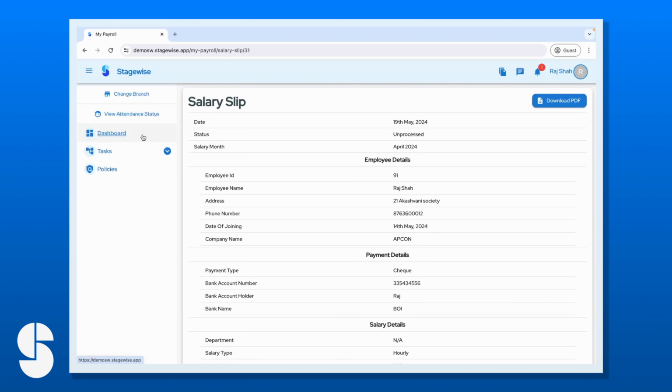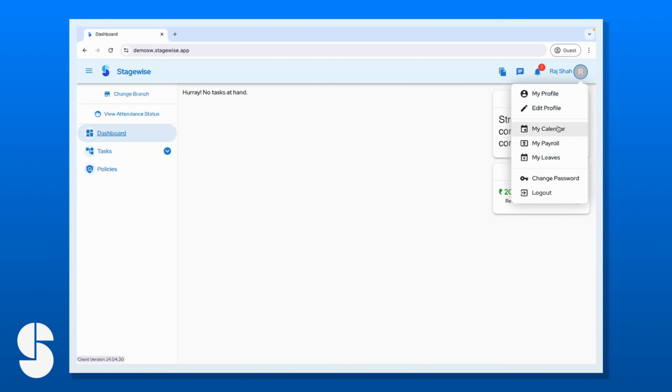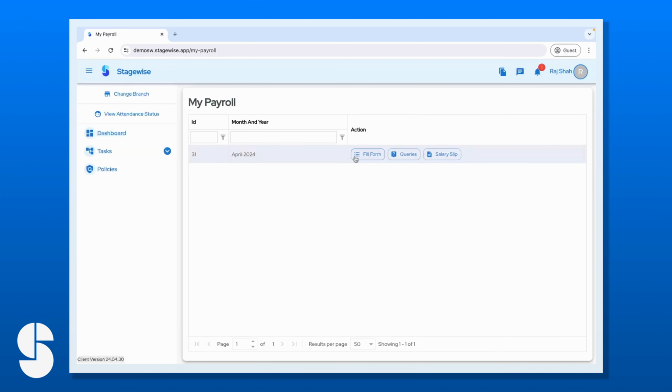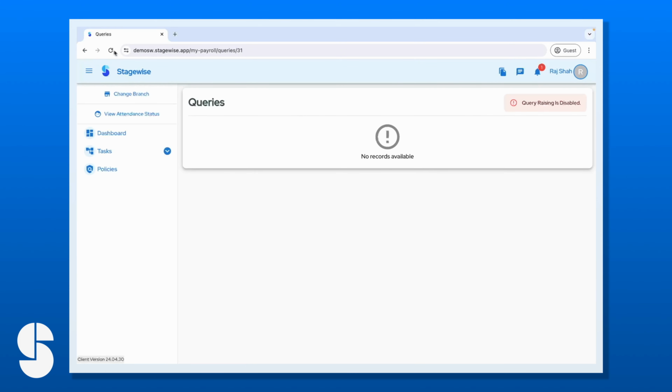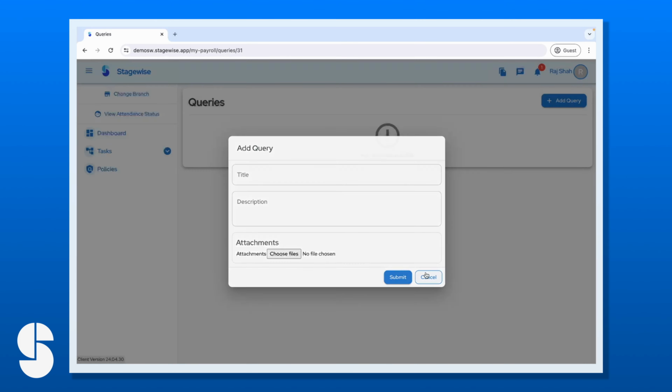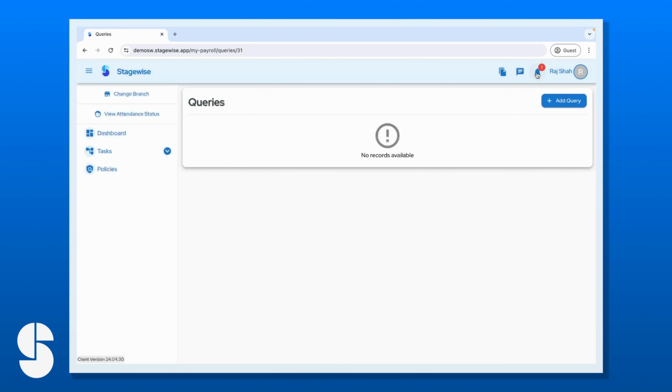But let's say that the employee had a query. So he'll go into this query section, and okay, query raising is disabled, but as an employer, you can start the query raising. So you can start query raising. Once query raising has been started, now you go back to the employee account and you refresh, your query raising has been enabled. All right, so I'll add a query,